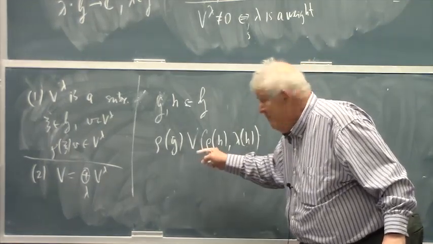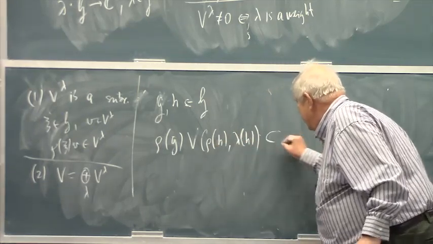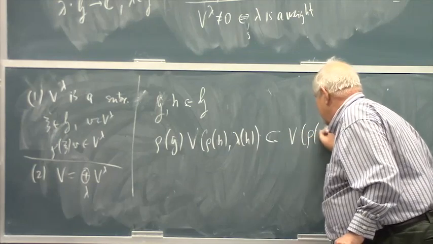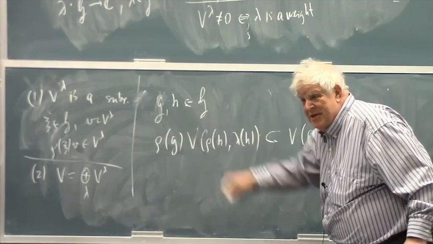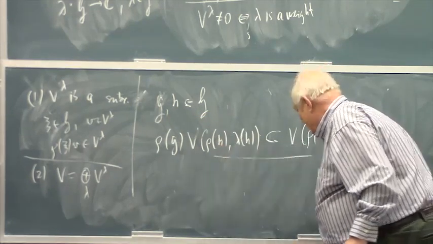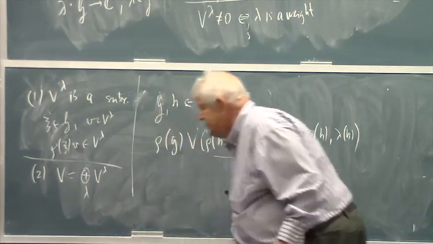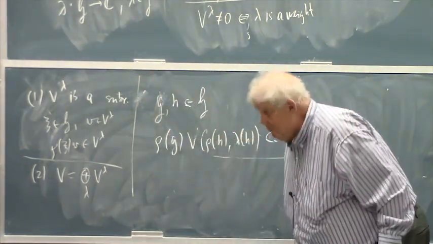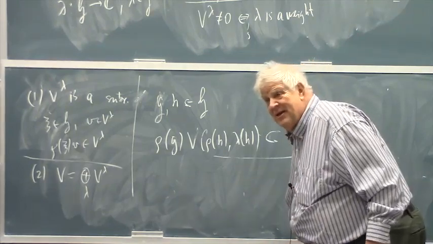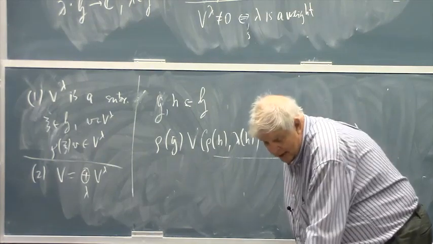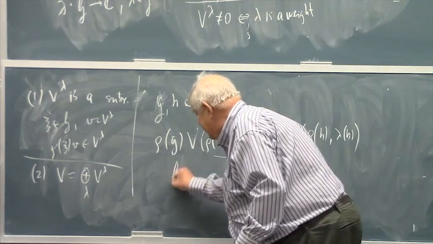V is my space, this is an operator, this is a number, and the result is within V again. This is stronger than just that. So this is for every particular G. Now, how to prove this? Induction. Since the Lie algebra is nilpotent, H is nilpotent,